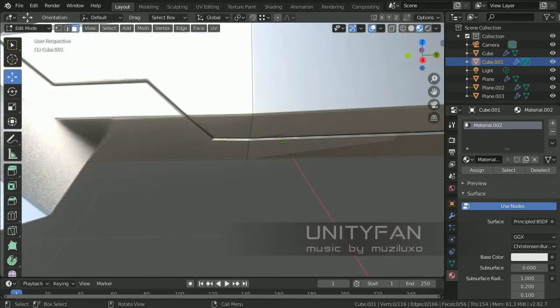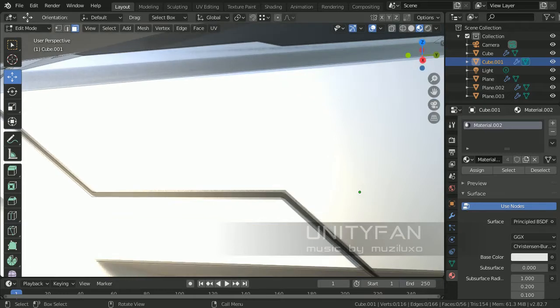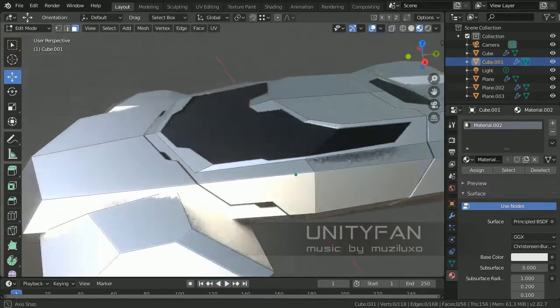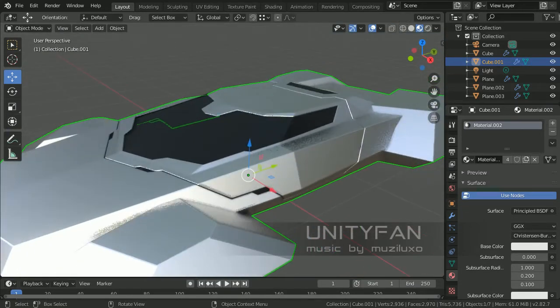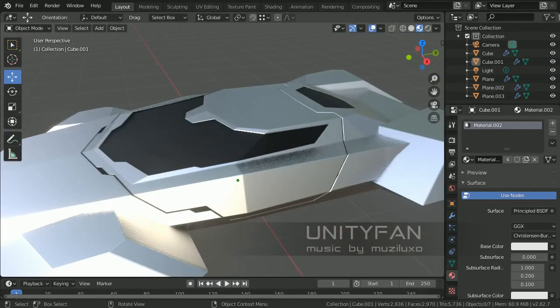Sometimes you can even model custom details attached to a body. If you don't know what to model, just